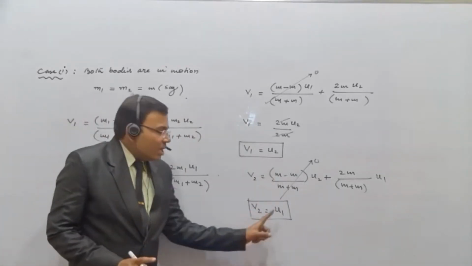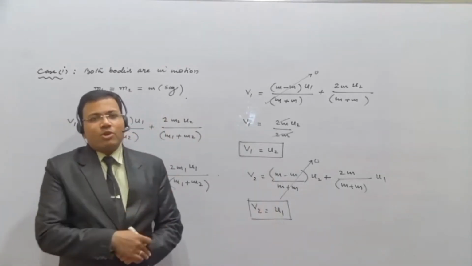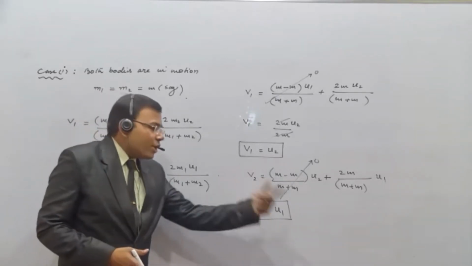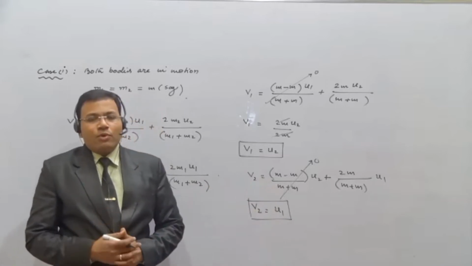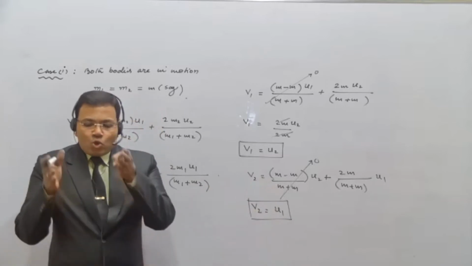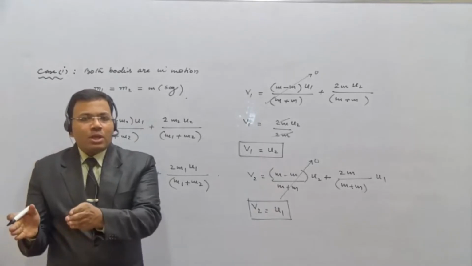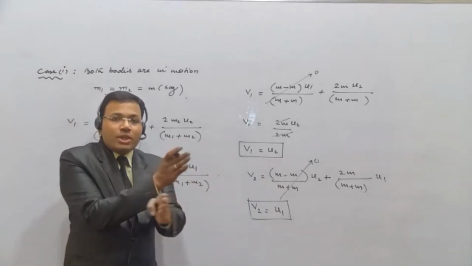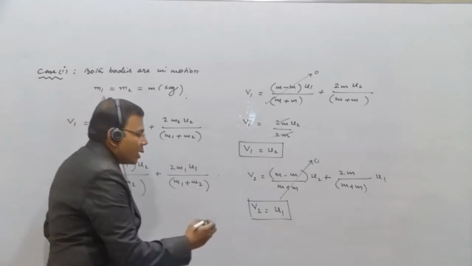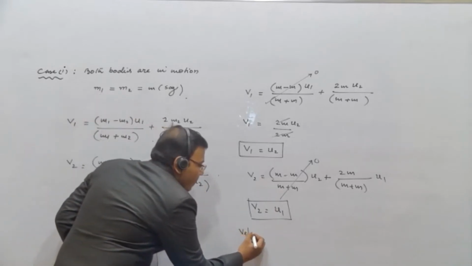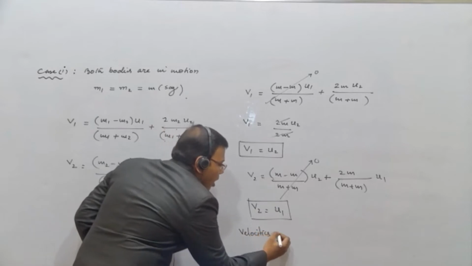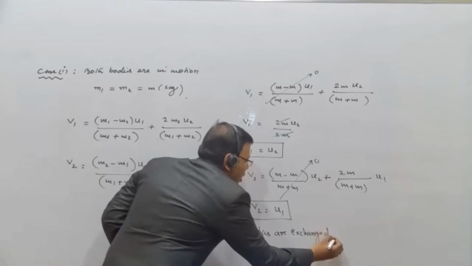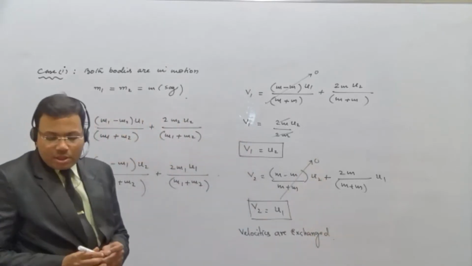देखिए फाइनल वेलोसिटी ऑफ द सेकेंड बॉडी इज सेम एज द इनिशियल वेलोसिटी ऑफ द फर्स्ट बॉडी, जो फर्स्ट बॉडी जितनी वेलोसिटी से मूव हो रहा था, आफ्टर कोलिजन अब उसी वेलोसिटी से सेकेंड बॉडी मूव होगी। इन शॉर्ट आई विल से दैट जो भी वेलोसिटीज होती हैं बिफोर कोलिजन, immediately after collision the velocities will get exchanged। तो मैं शॉर्ट में यहां पे लिख सकता हूं, velocities are exchanged, velocities exchanged हो जाएंगे।